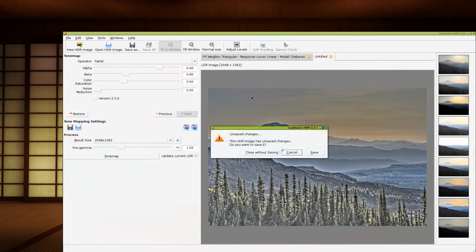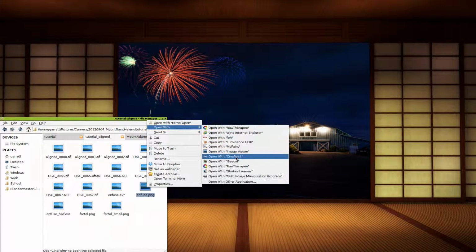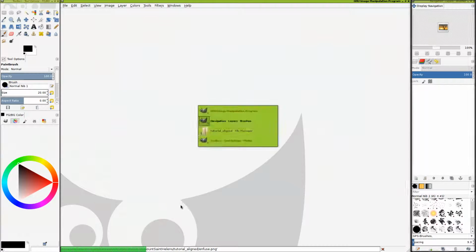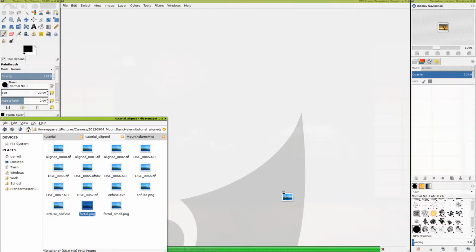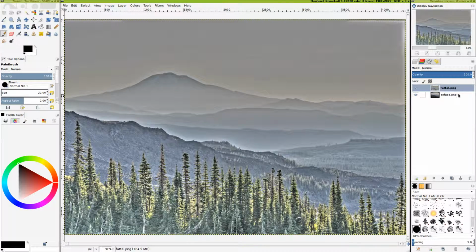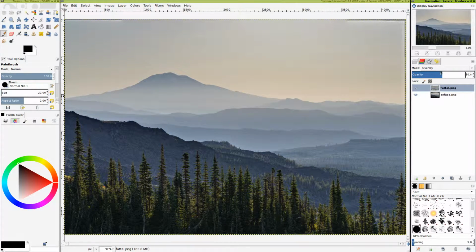That's how you do it in Luminance HDR. Well, let us begin with the actual fun part, playing with it in GIMP. This is also the part where you lose a bunch of detail, because as of this tutorial, GIMP does not fully support 16-bit or more images. So this is all dealing with 8-bit stuff. Drag all these images in here, have the faddle on top, apply it as overlay, decrease the opacity,